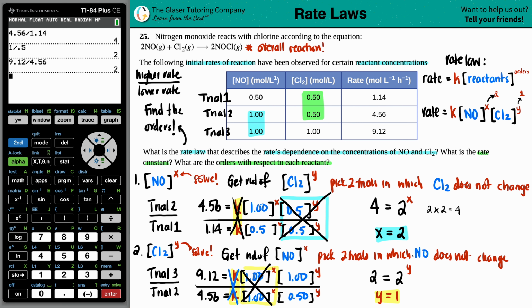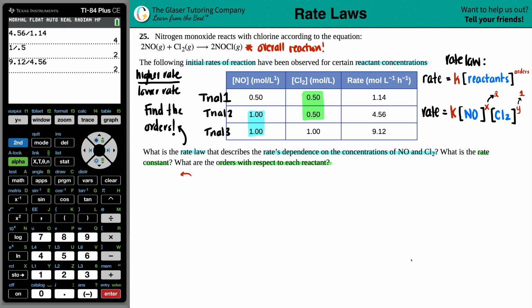So let's pause a minute because I have to erase this lovely work to go on to the next question, because we're going to now get the rate law and then we're going to answer what's the rate constant. So I'm just going to get rid of all of this, unfortunately. But it's got to go. Okay, goodbye. And now we are set because